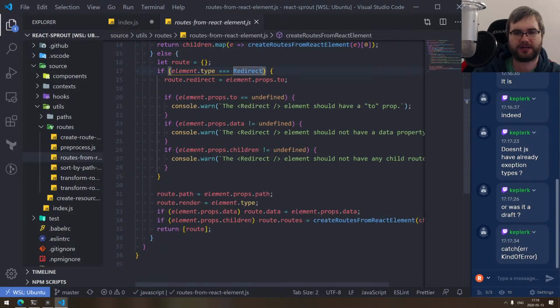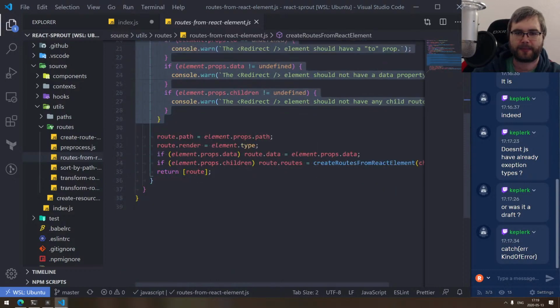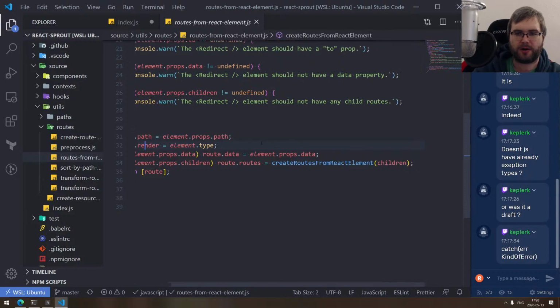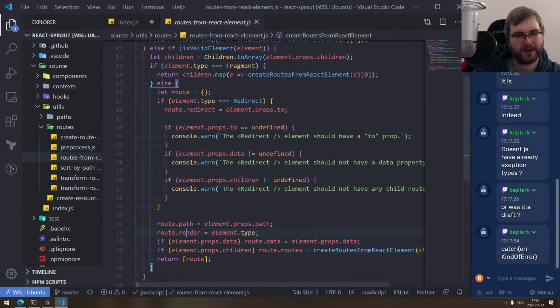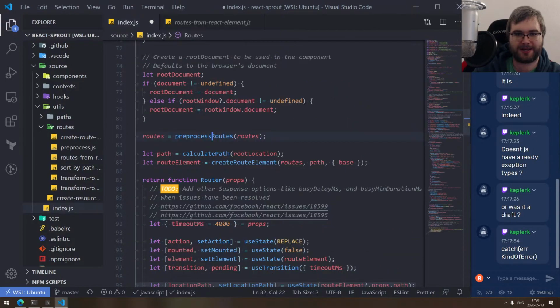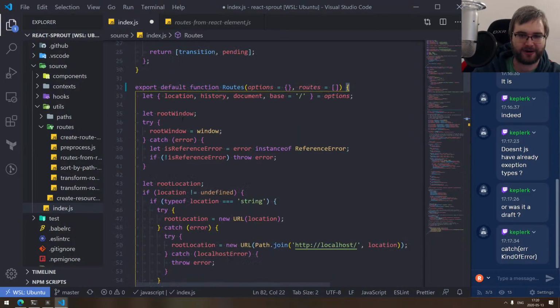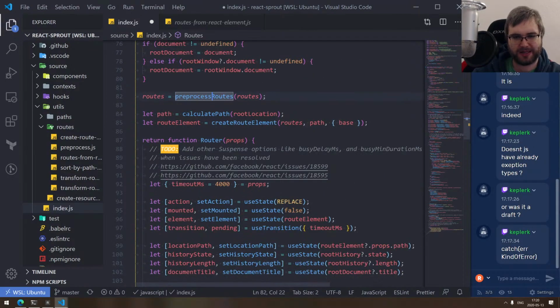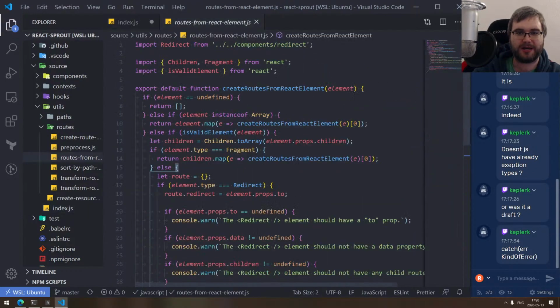Okay. So if it's a redirect, this is redirect handling. And then we got the path. We got the render. Yeah, some comments would not hurt. There are some comments over here, and it's not terribly complex so far, but in this case,